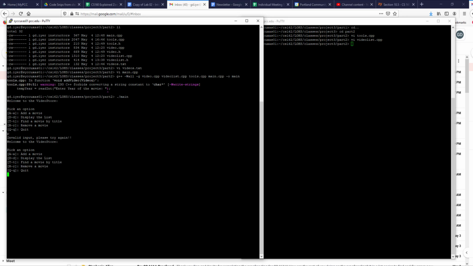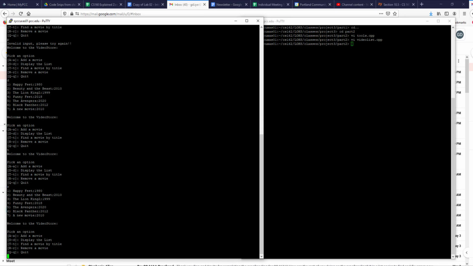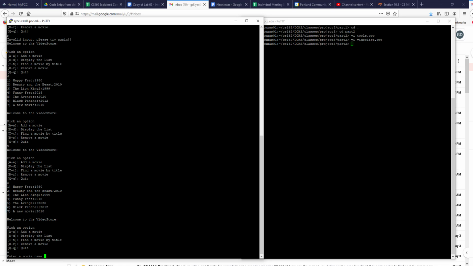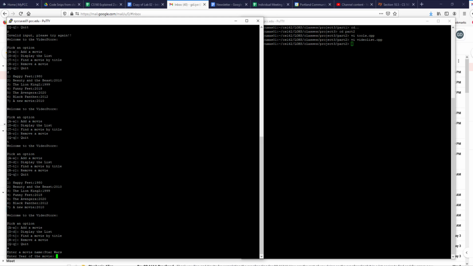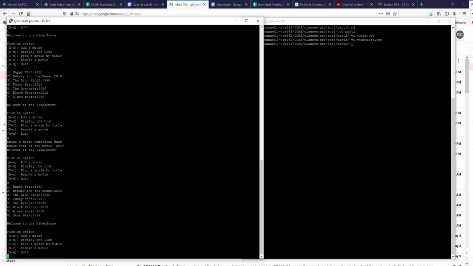So I print, that is D to display. Everything from my file has gotten loaded already. And then I can search for a movie by T to search by title. I haven't implemented search, so it's not there. R has not been implemented. Remove, we'll do that in the next phase. So all I have is add a new movie. So maybe we put in, I don't know, Star Wars. Today's a good day to do that. 2019, something like that. Then you say D for display, and there's Star Wars that's been added. And then I quit because that's all I have right now.